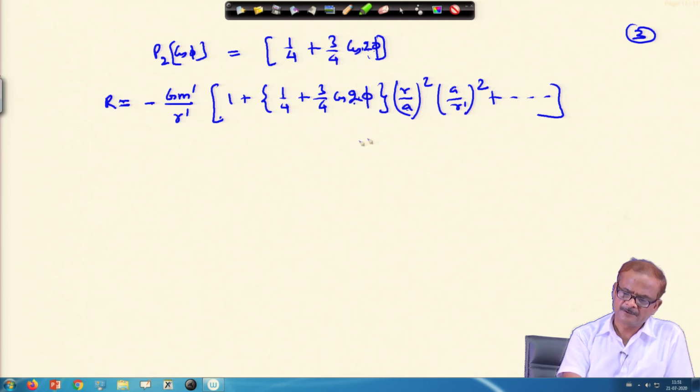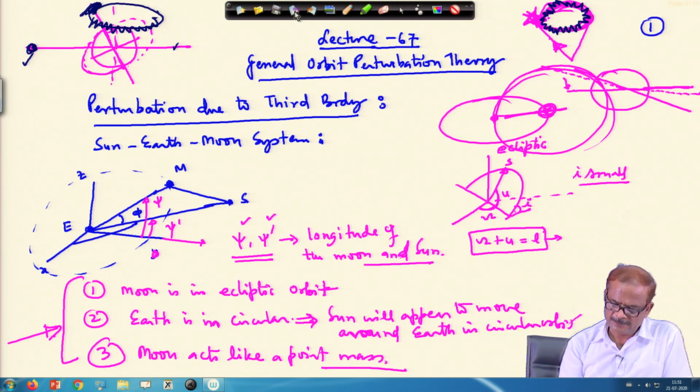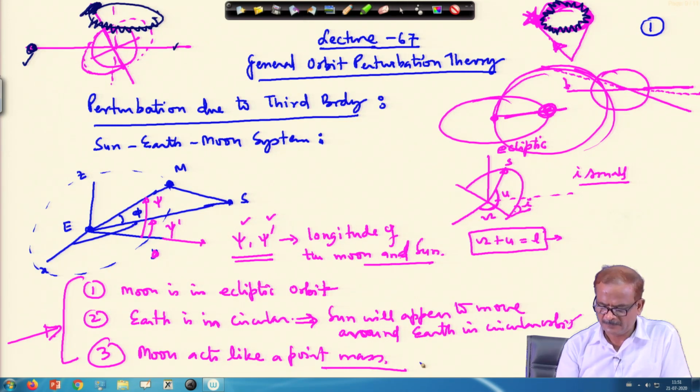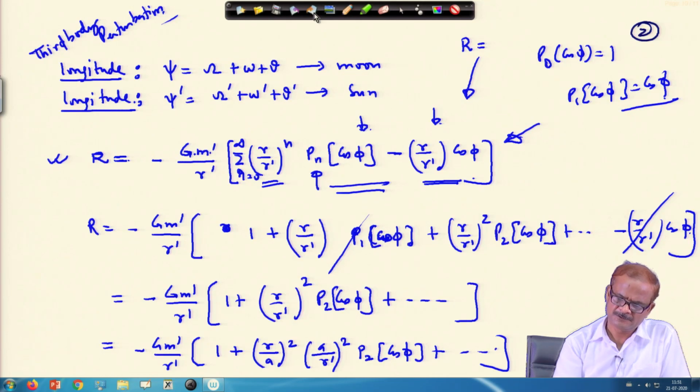Whatever we are doing is a part of a general treatment. Actually I wanted to cover that general treatment, but already we have exceeded a large number of lectures. So, I am skipping that part, and all those things I am going to supply separately as supplementary material. This is a small portion I am just dealing with.